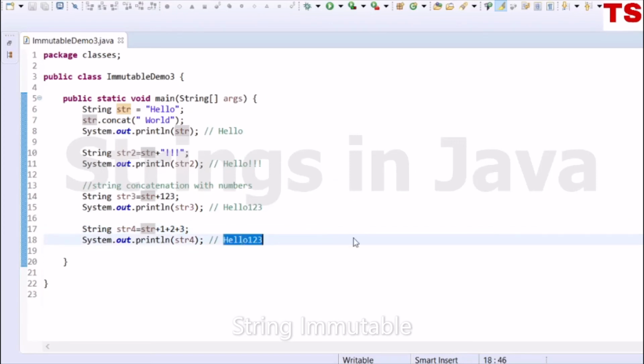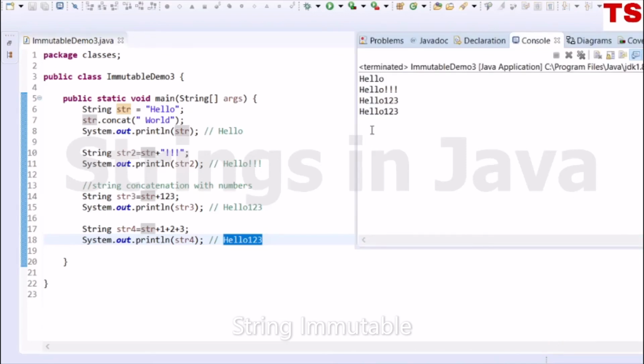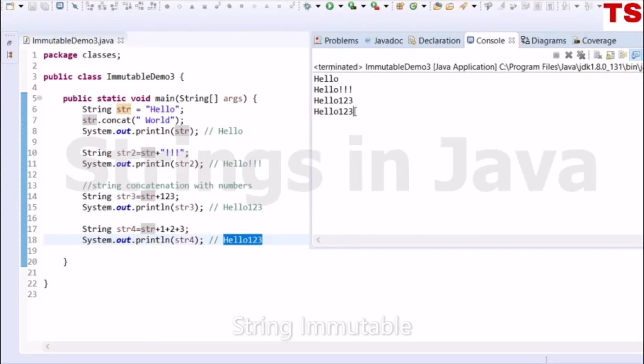Now let's execute this program and look at the output. Now if you look at this, hello 123 is displayed at the output.